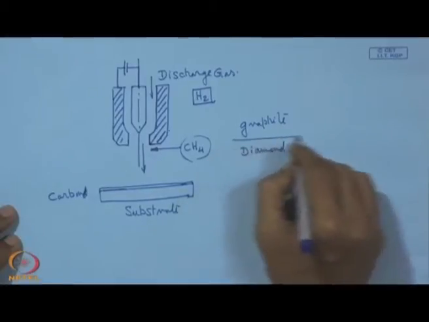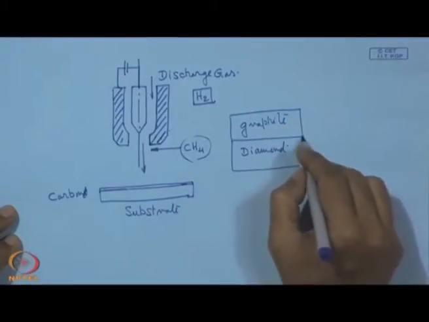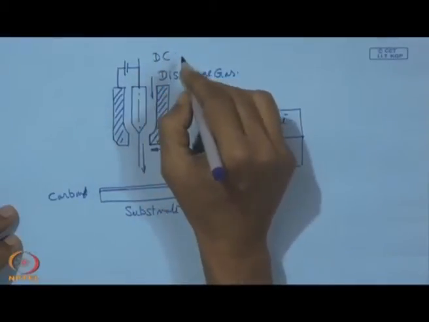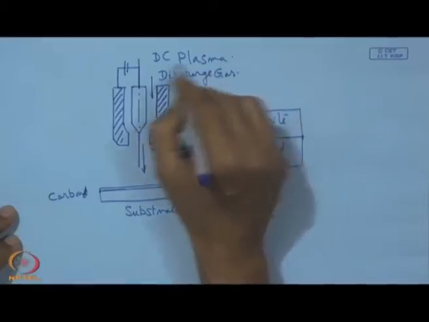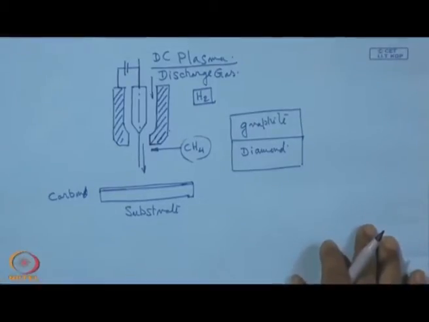Now, it depends upon whether it is hot filament or this DC plasma jet. This is DC plasma jet. This DC plasma jet can also be used for deposition of diamond, but there are two chances, either graphite